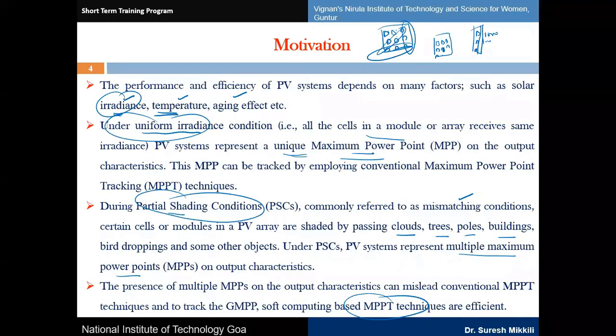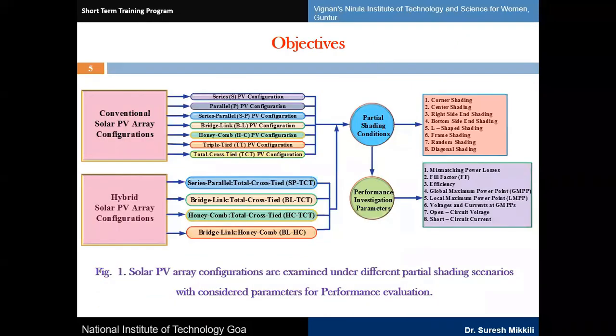If all the modules have uniform irradiance, you achieve a unique maximum power point. When there is a partial shading condition due to clouds, trees, poles, or buildings, multiple maximum power points appear. So we'll see how many possibilities there are, and how to get the optimized maximum power point by considering different configurations or some MPPT